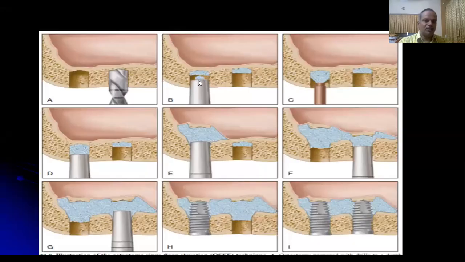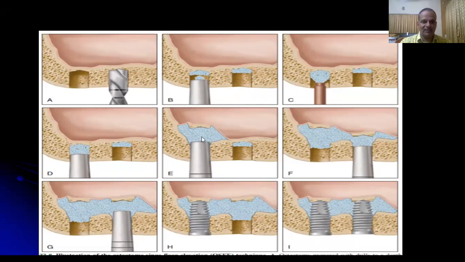Then the osteotomes are used to add bone in these osteotomies, and controlled apical compressive forces are applied with the hand. The bone is added in incremental order, and the compressive forces are applied in a controlled manner with the hand. If the bone is very dense in the maxillary sinus floor area, a mallet can also be used so as to infracture the bone in the sinus floor.